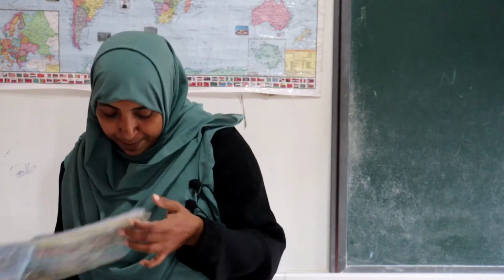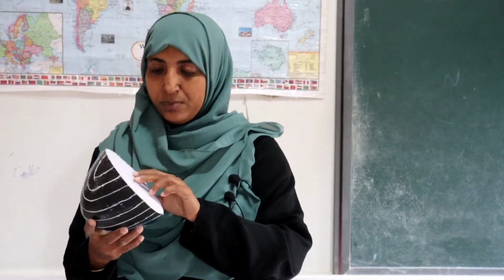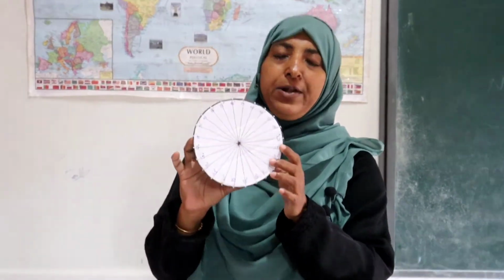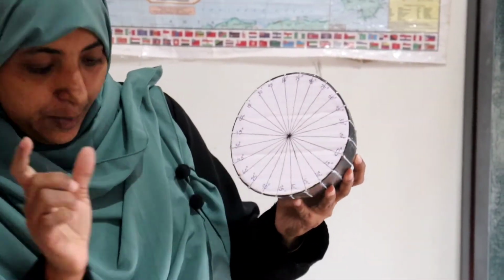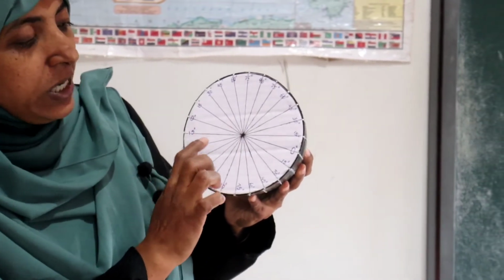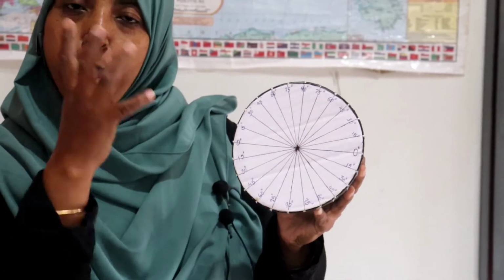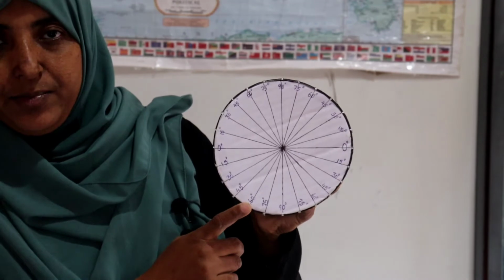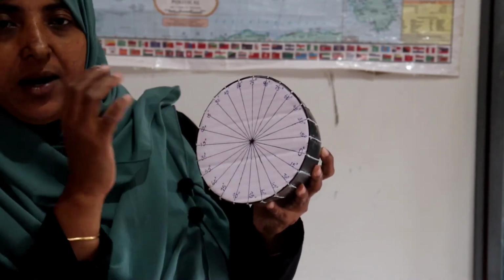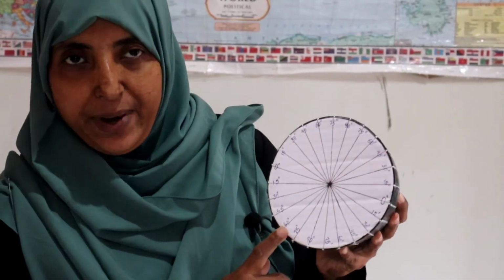Okay, here I prepared one model. So all of you look here. It's a model I prepared and I am going to show you how it is prepared. First, you take a coconut shell, or you can take a ball and cut it into two pieces. Okay, then remove one piece, then take one part. Then you can fill the inner part of that ball with plaster of Paris or any other material. Then cover the top of the part with white paper.